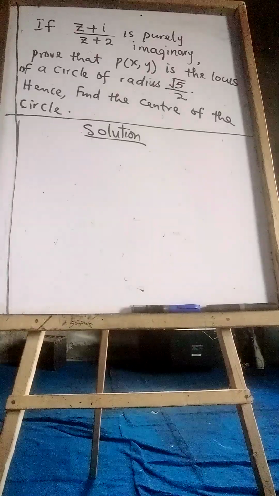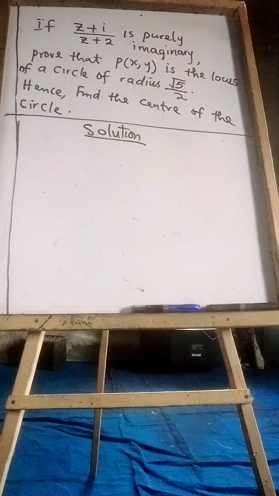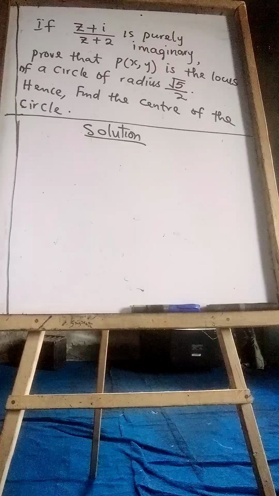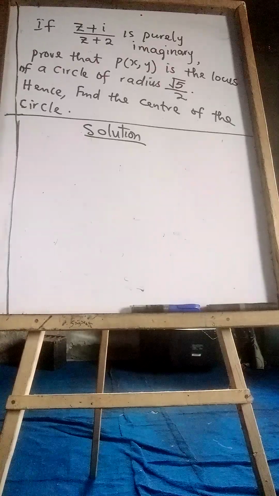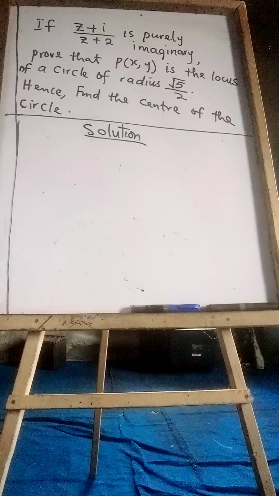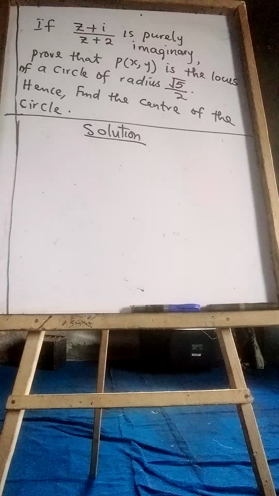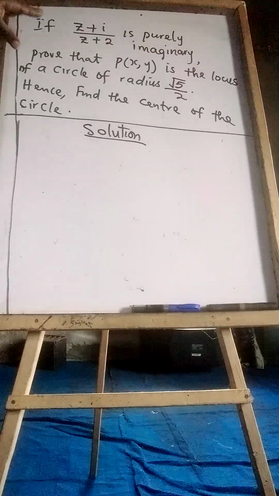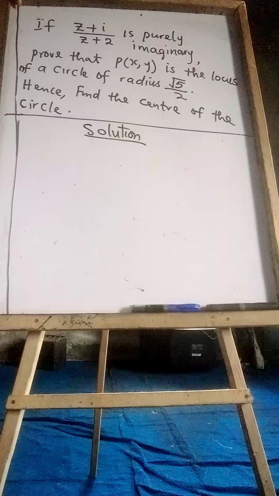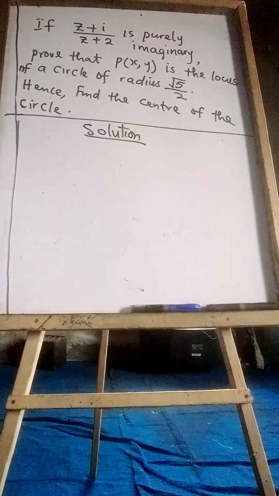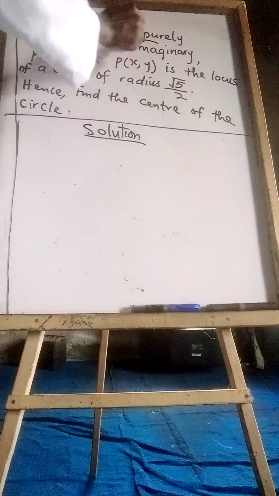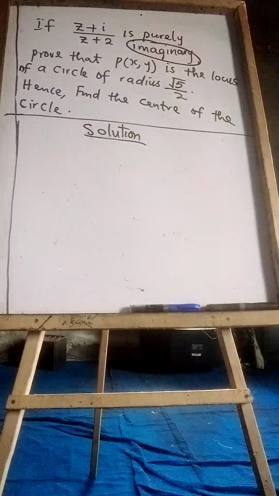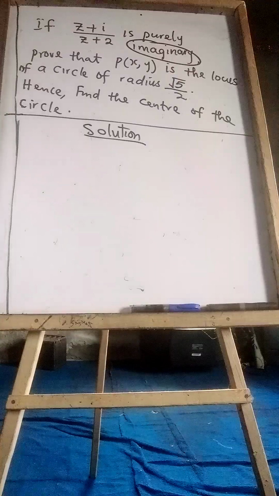But this is just an extract of a question from the topic complex number. Now, for a layman, how do we know that this question is particularly from complex number? Let's read through the content. If (z + i)/(z + 2) is purely imaginary, look at that word, imaginary. That word shows that this is a question on complex number,